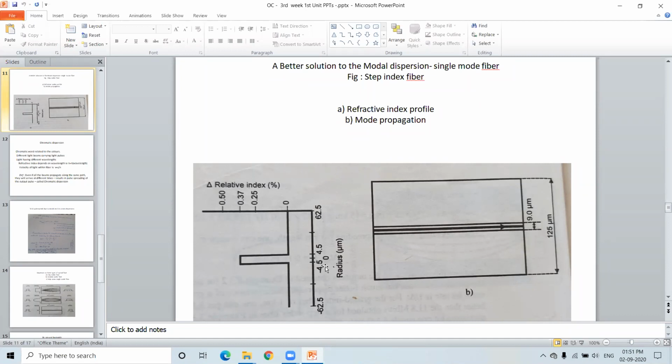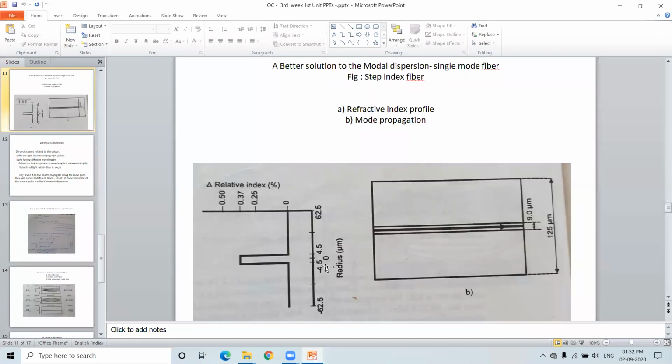The better solution to that is the single mode optical fiber, where the core diameter has to be reduced to a very small diameter, that is 9 micrometers. That is possible by reducing the NA, reducing the diameter and increasing the operating wavelength of the light, because V number is directly proportional to the NA and the diameter, and inversely proportional to the wavelength. Accordingly, we reduce these so that the fiber allows the light pulse to travel in a single mode, where pulse spread cannot take place.